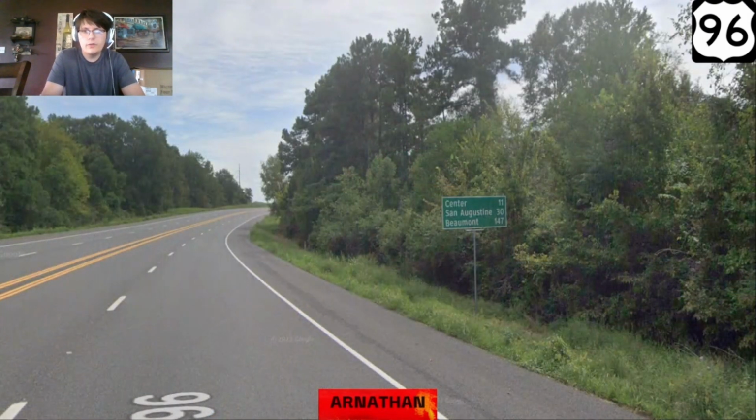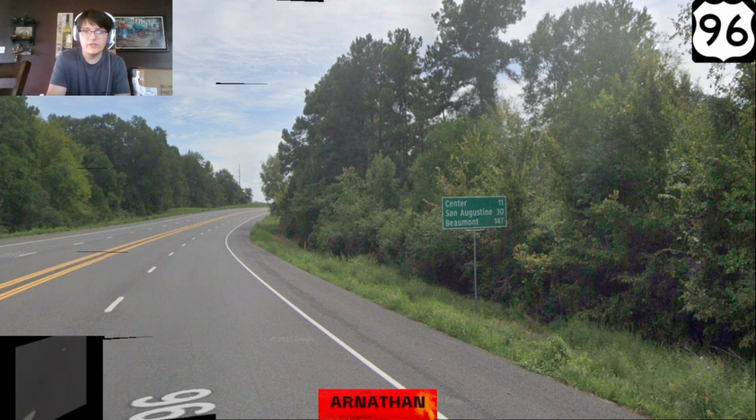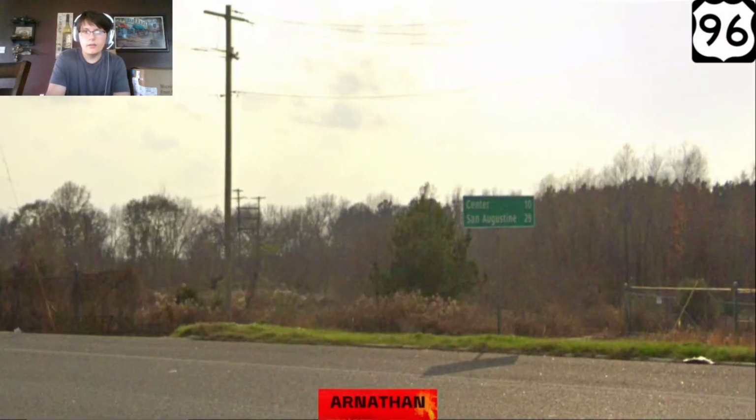And further on, we do actually get it on the mileage sign. So we get Center 11, St. Augustine 30, and Beaumont 147. That is a great mileage sign, but unfortunately it doesn't hold up. We get Center 10 and St. Augustine 29, which, I mean, I guess if you're not signing Beaumont, this is okay, but it would be cool